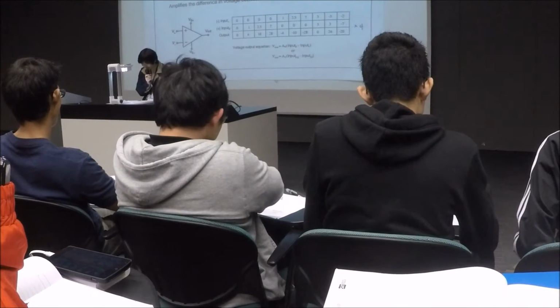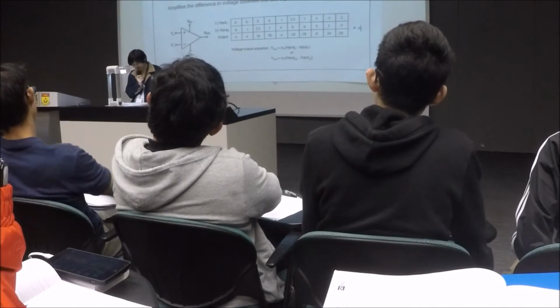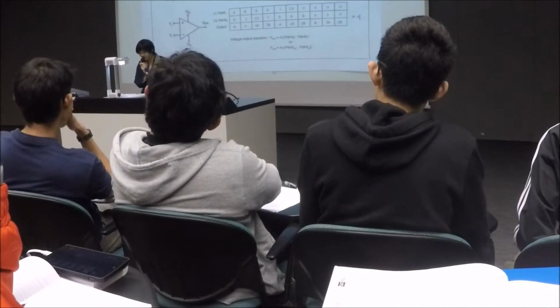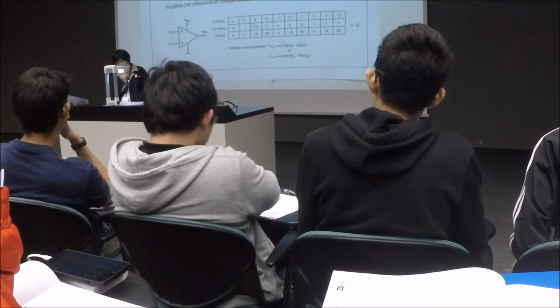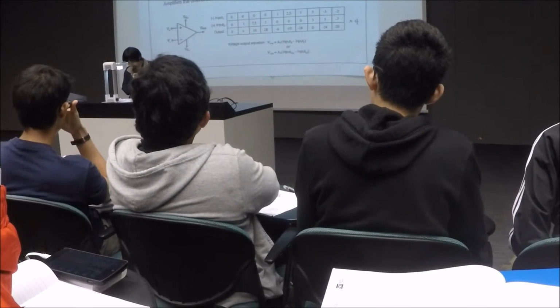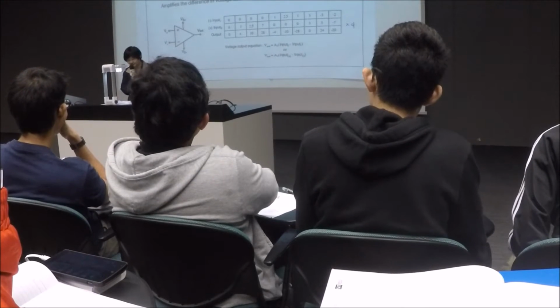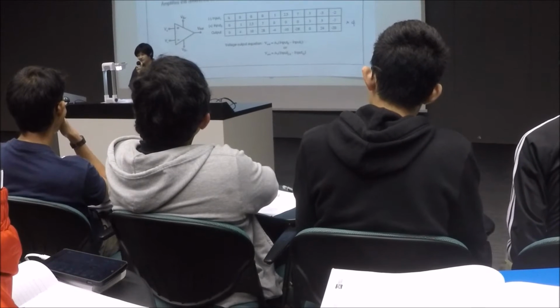So in this case, as you can see, our output should be in the range of 0 to 30 volts. And for this configuration, the output should be in the range of positive and negative 15 volts. This curve just shows that the output is the amplified difference